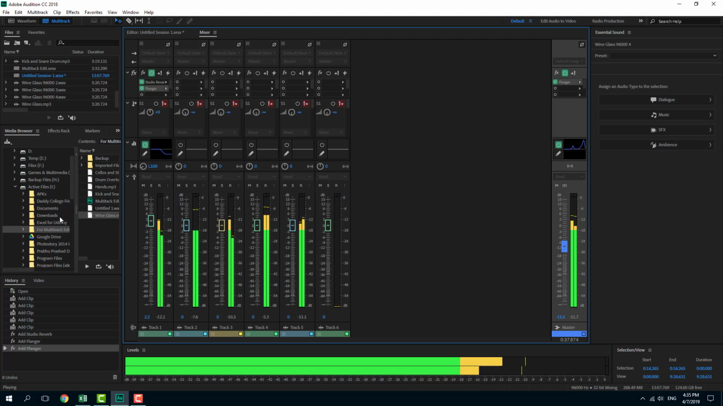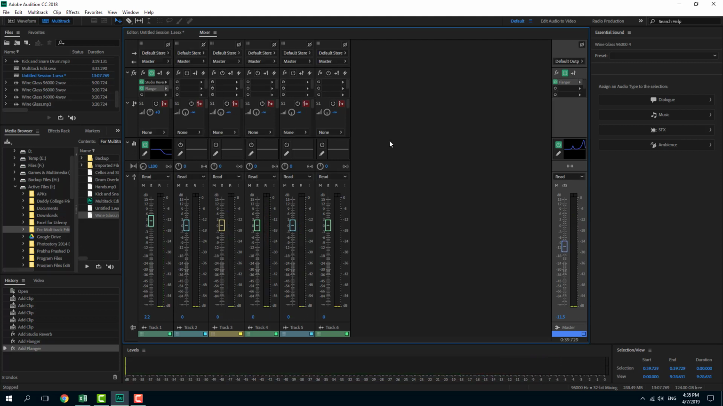So that is how you work with the mixer panel inside of Adobe